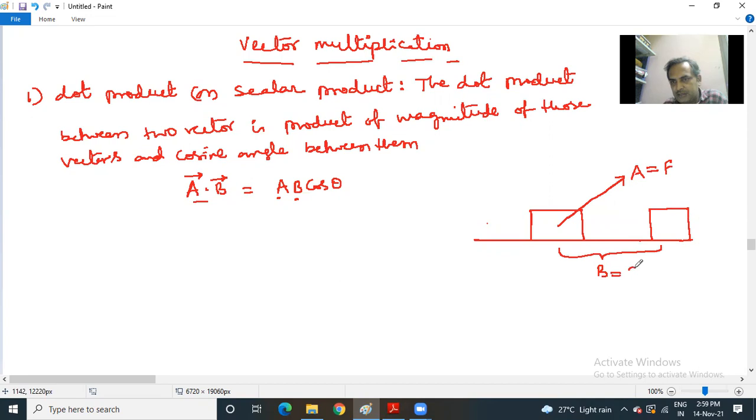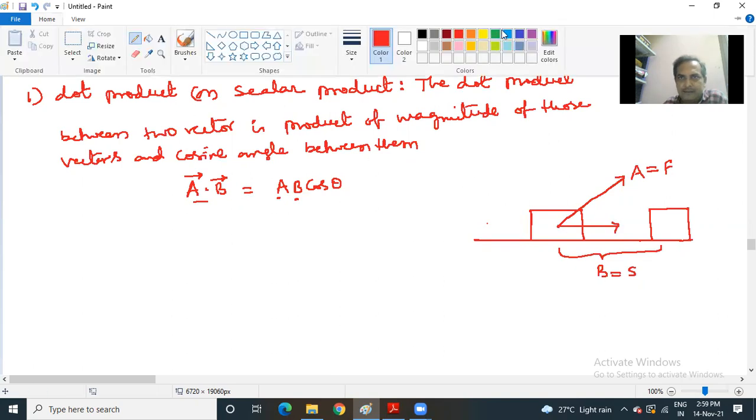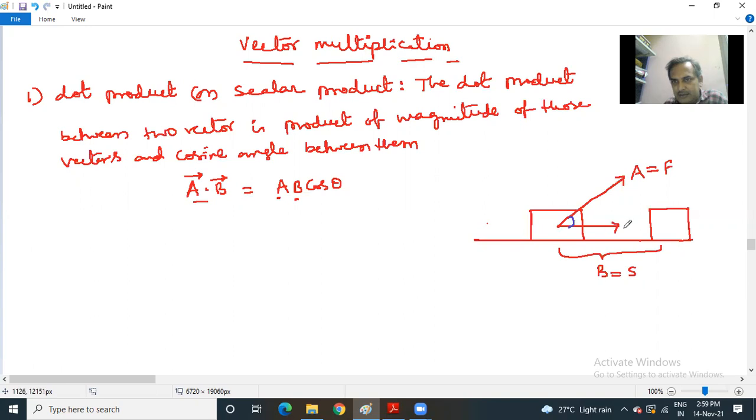So this is force, and this is displacement. Now the component of vector A, suppose the angle is given here. This particular component of A, you can say Ax, is equal to A cos theta from the idea of resolution. Now A cos theta is the component of A falling in the direction of displacement. Therefore you can write A dot B is equal to A cos theta with B.